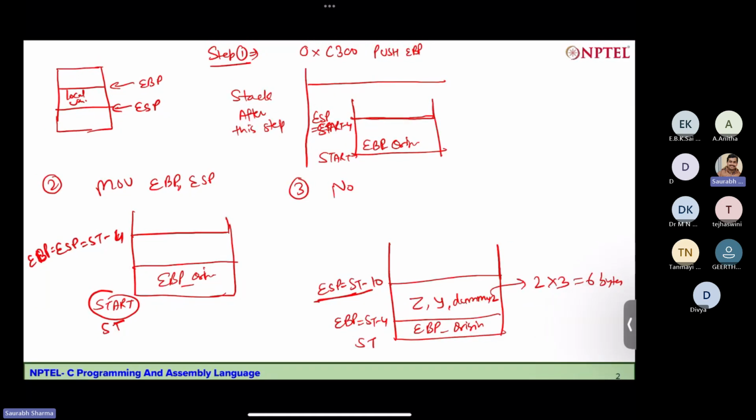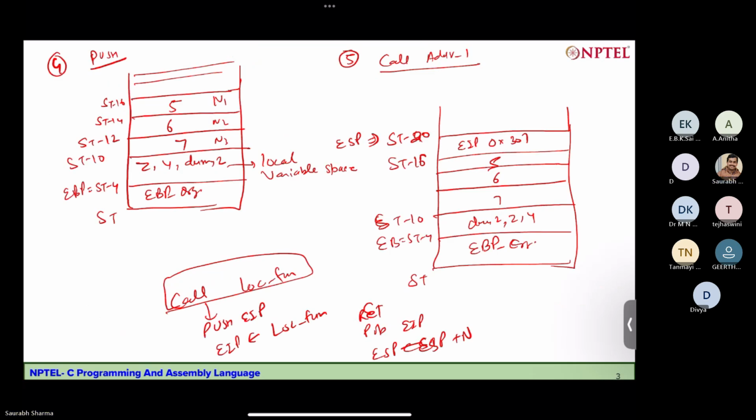When we started working on that question, we had this push EBP operation which started the origin, and then the stack pointer went down by 4, and then we moved the EBP to point to the stack pointer, and then we put these variables in the local variable space. Then we pushed all three